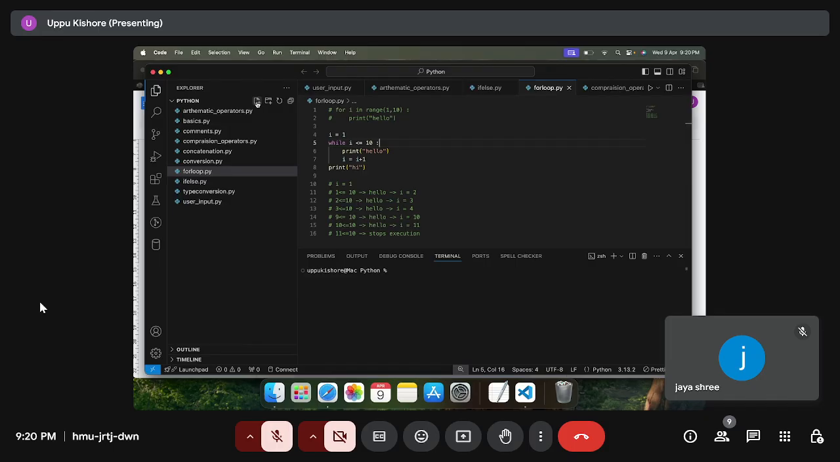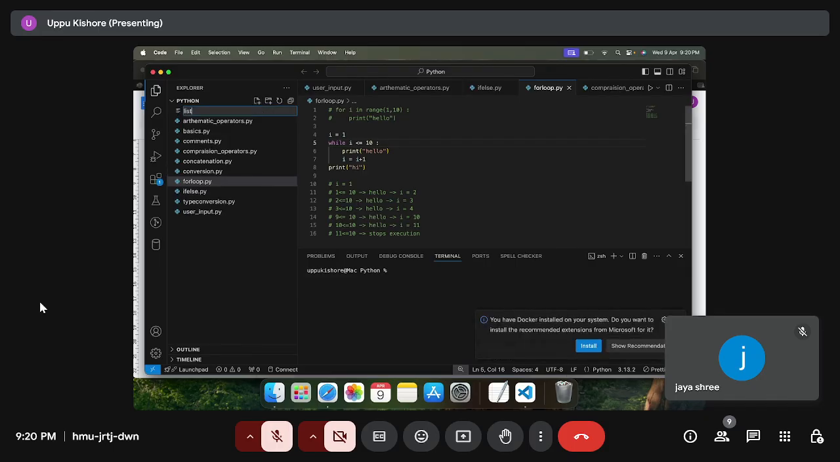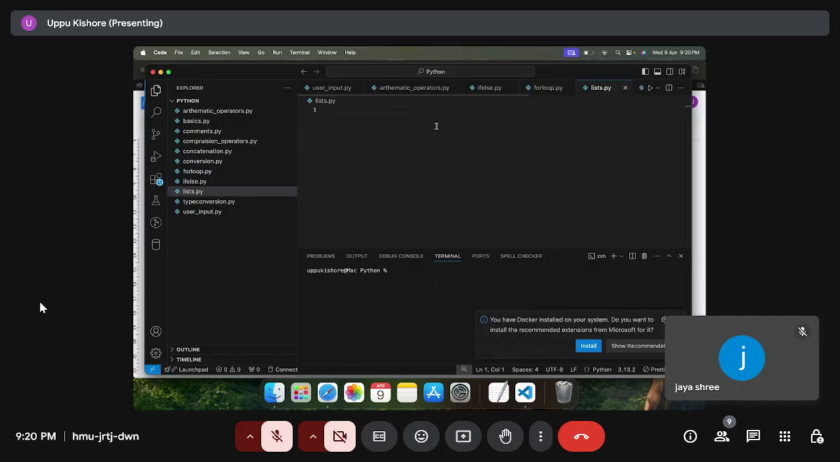Create one more file, lists.py. Till now, if I want to create a variable for an integer, I'll just give a is equal to 10. Here a stores only one value, 10. If I give a string, y stores only one string; it cannot store more than one string. This is not the correct process and it will throw an error. So to store multiple values in a single variable,